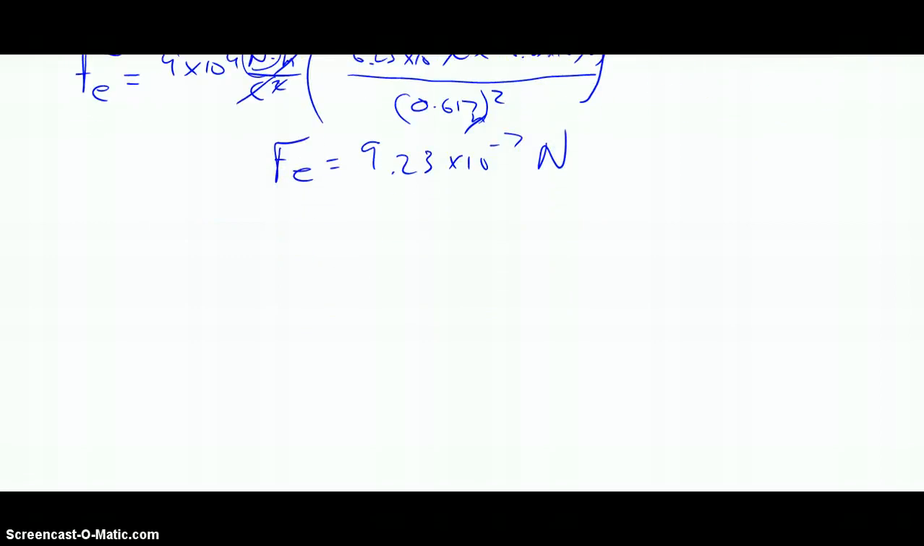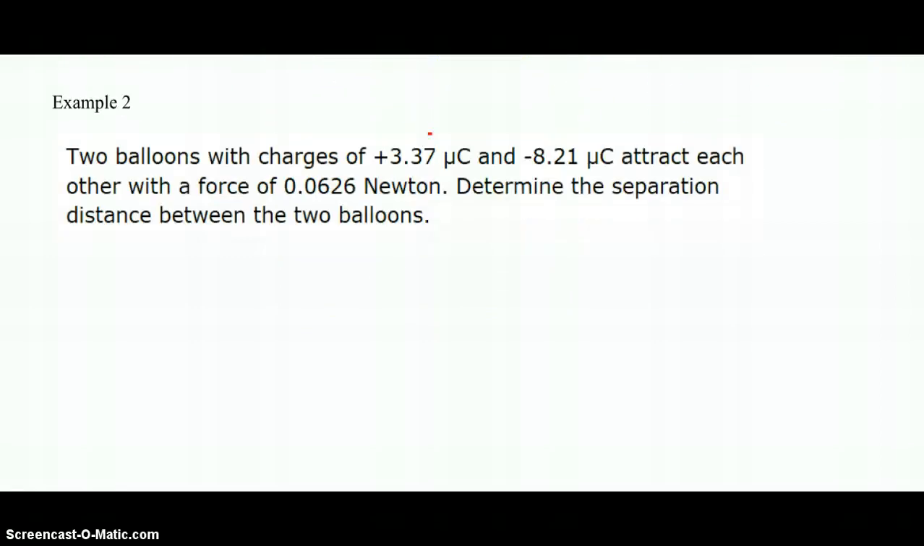Okay, another example problem. We have two balloons again, but this time they're different charges, and we have the force this time. We're trying to figure out the distance between them. So this same basic formula, but we're going to do a little bit of algebra to solve it. So the force is